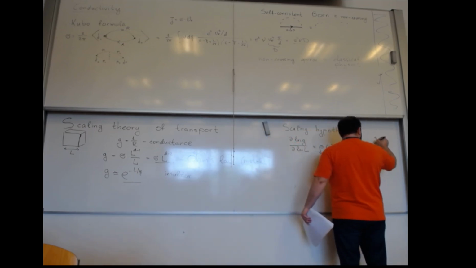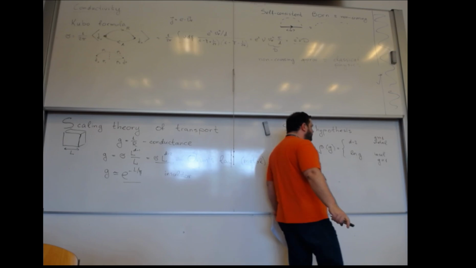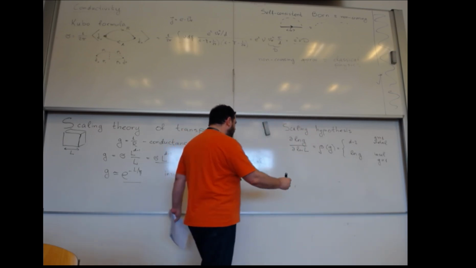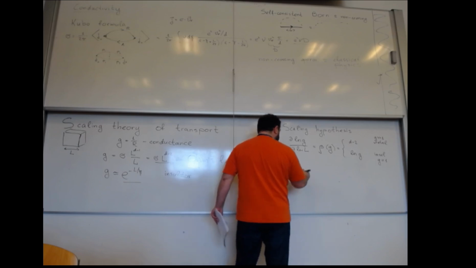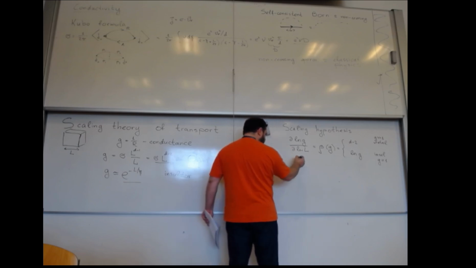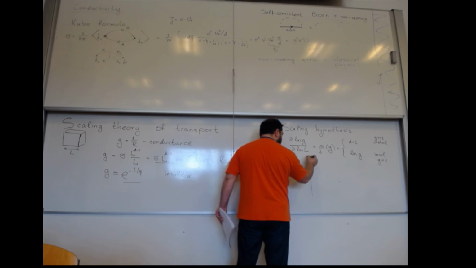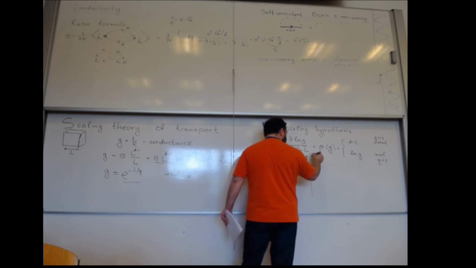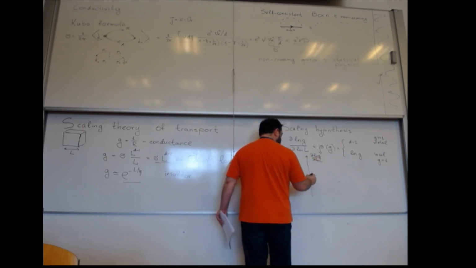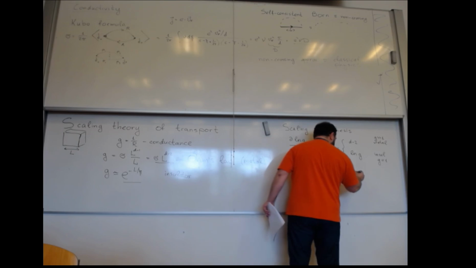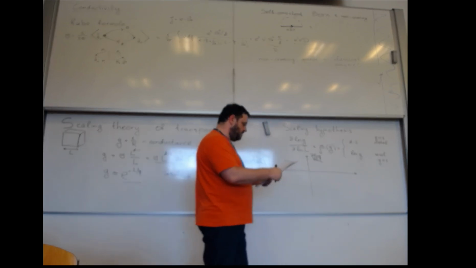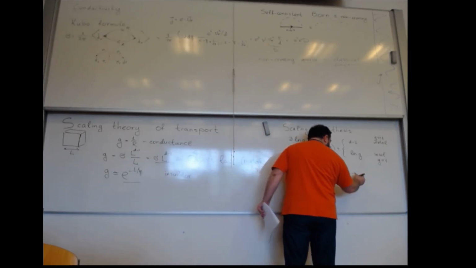So, as you correctly pointed out, this should be true for large G, and this should be true for small G. And the board still doesn't move, so I will put it here. This derivative d log G by d log A as a function of, let me do log G on this scale,